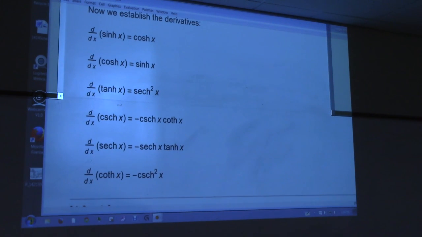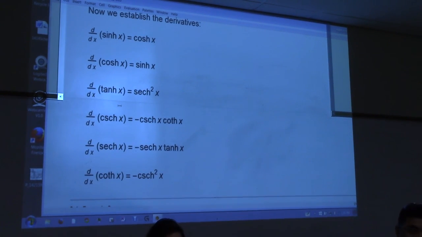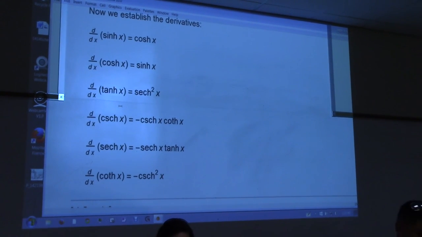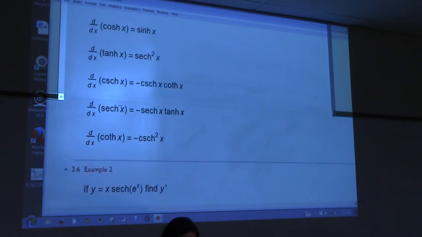So do you see the similarities? If you were to look at these next to the traditional trig functions, they would all be connected, but the signs are different on some of them. And some of them, they're the same. All right, so you need to know these derivatives, or know where they are on your formula sheet at least. You should at least know the first three. Have those in your memory bank, because that's kind of like what you were expected to know in Cal 1.